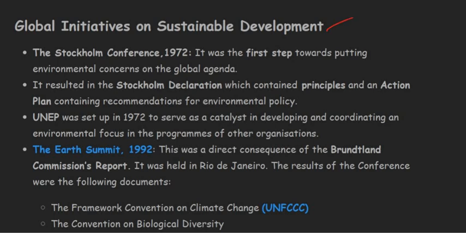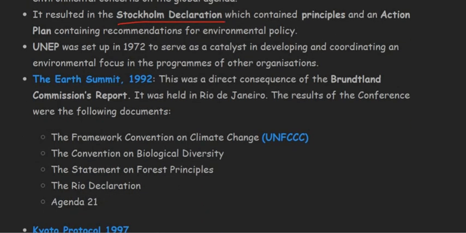Global initiatives on sustainable development. The Stockholm Conference, 1972, it was the first step towards putting environmental concerns on the global agenda. It resulted in the Stockholm Declaration, which contained principles and an action plan containing recommendations for environmental policy. UNEP was set up in 1972 to serve as a catalyst in developing and coordinating an environmental focus in the